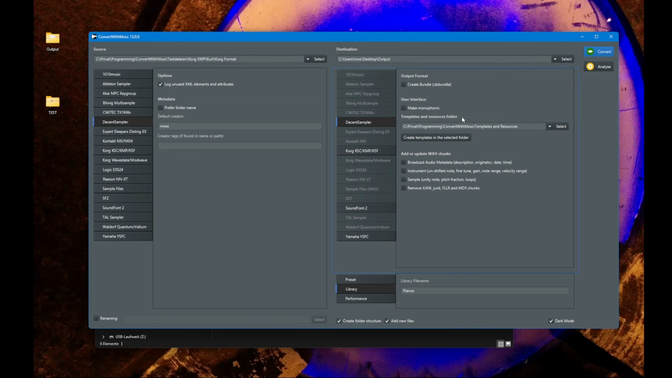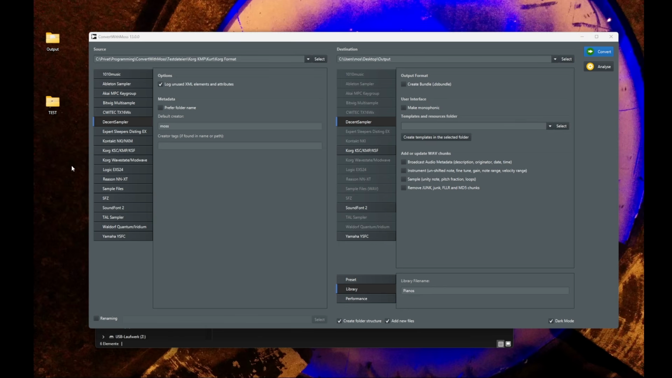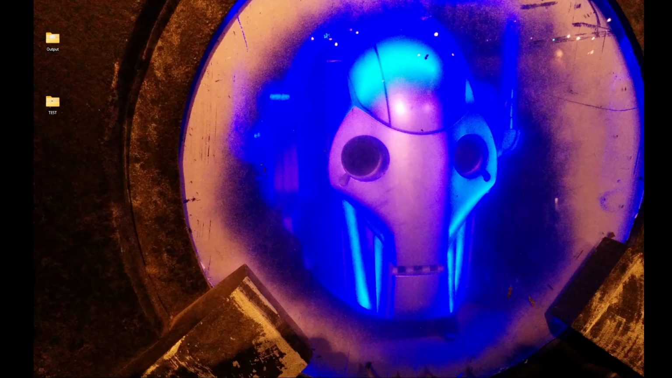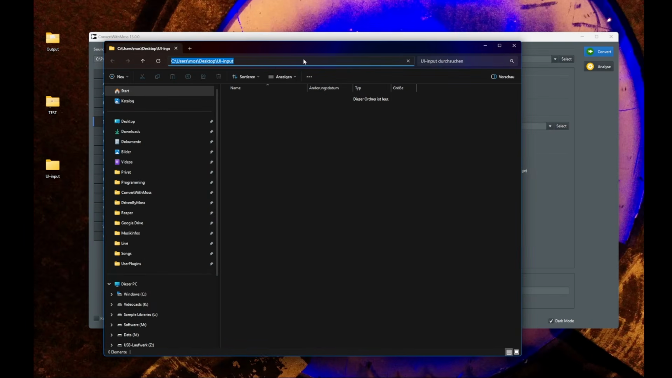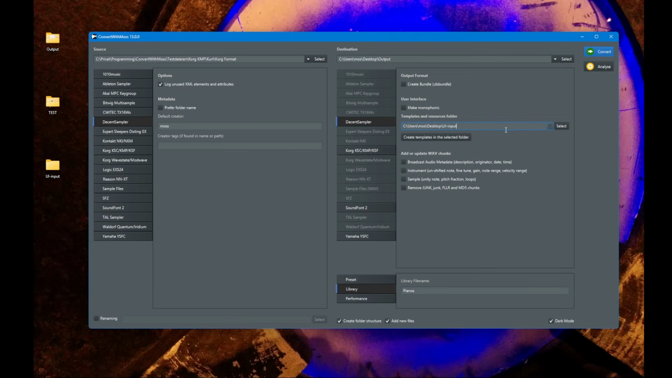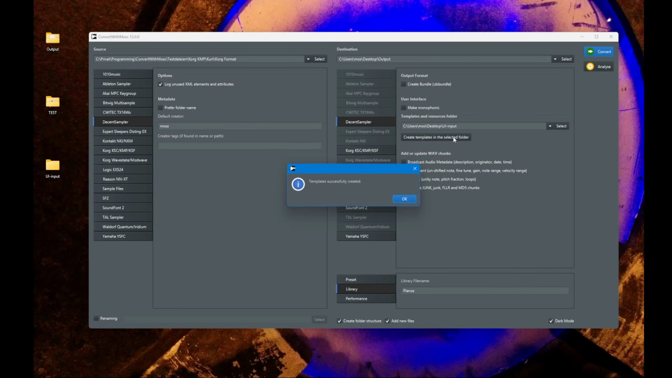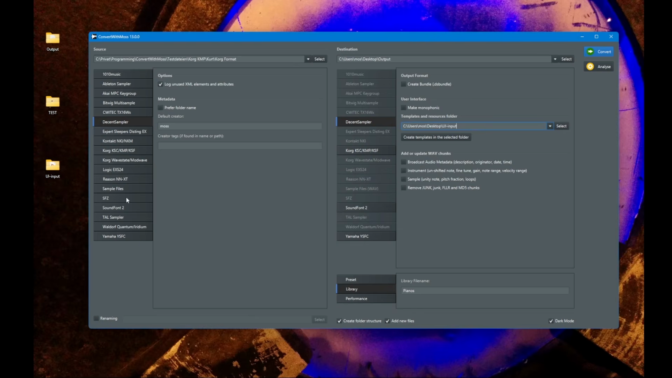To use that here, you need to select a folder. If there's nothing here, the default templates I use, which create simply these 2 knobs. But if you select a folder anywhere, let's create, for example, a new one here. Let's have here UI input or something like that on the desktop. And let's select that folder. In here, it's empty so far, but what you can do now is click this button which says create templates in the selected folder. And if you click that, it says, yeah, it did work, and you will get now